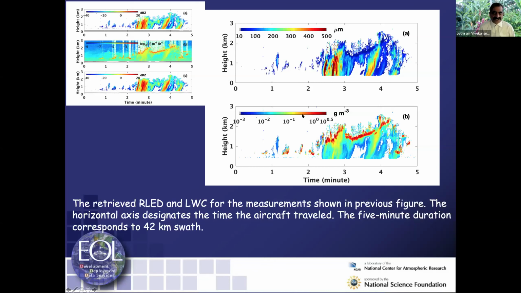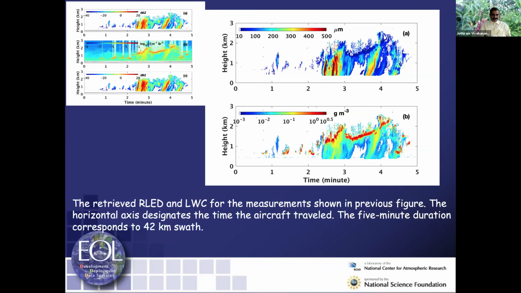The bottom panel shows liquid water content. Liquid water content is large, 0.2 to 0.3 gram per meter cube in the cloud, as expected. The drizzle is less than a tenth of a gram per meter cube. You can look at it, and it's very consistent logically: below the cloud base, liquid water content is much lower. In the cloud base or above the cloud base, it got much larger. So now we got to validate this. Since I don't have in situ measurements, I use the radiometer.